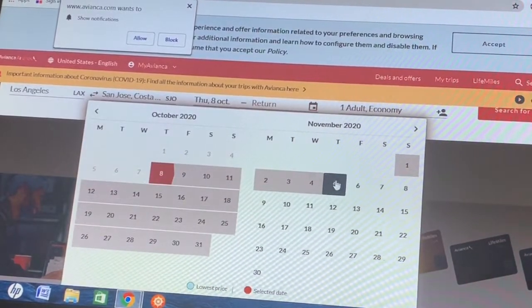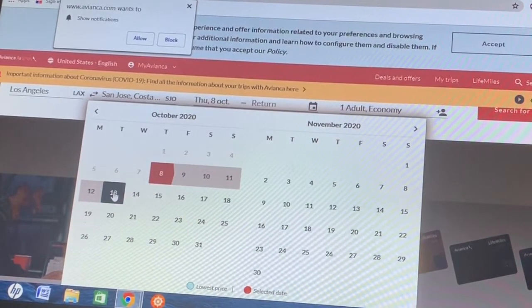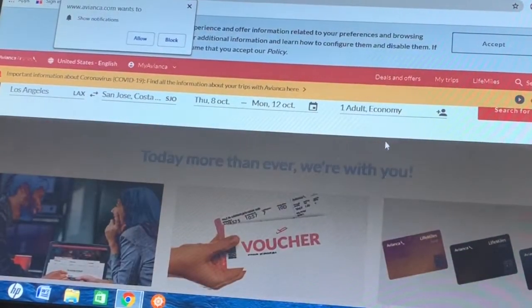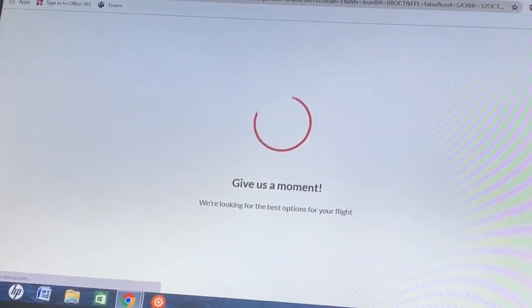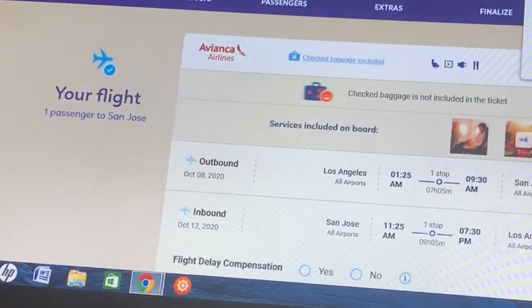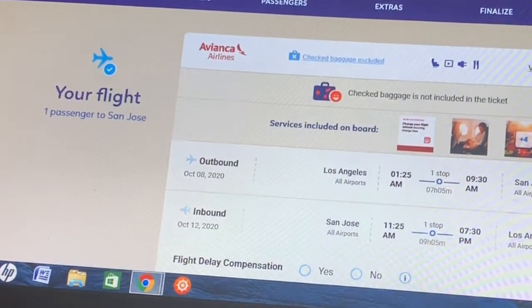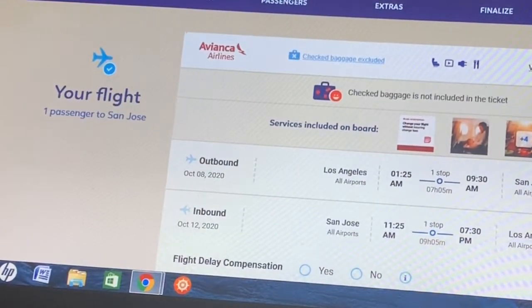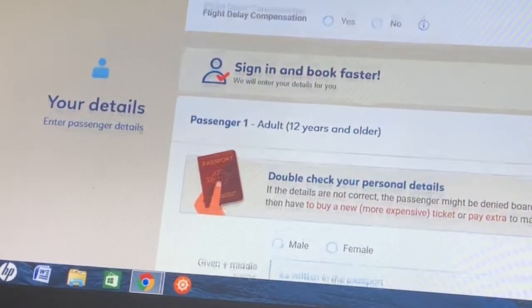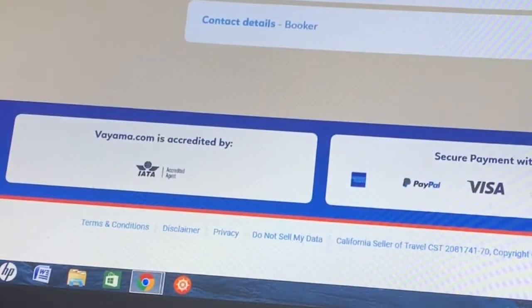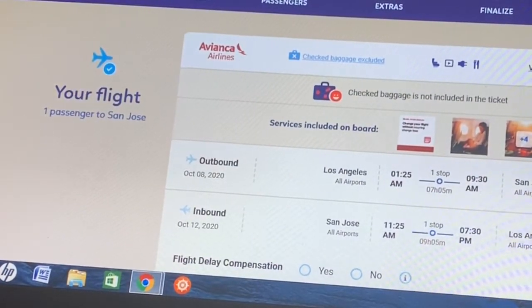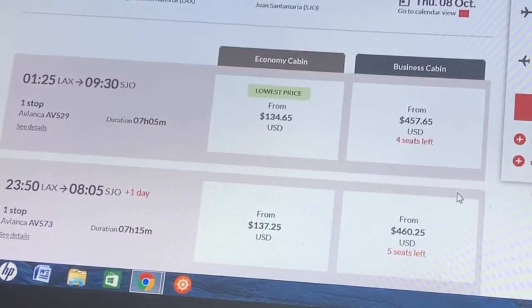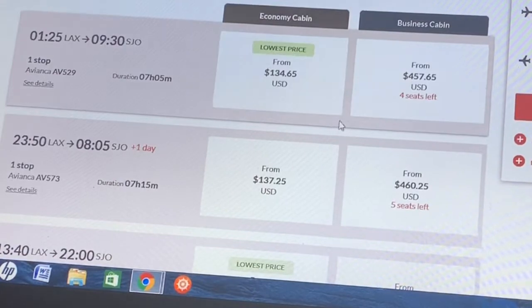the 8th to the 12th. Search for flight. And here you could check, it's loading. Got it. It's actually $279, so a little less. And then you just fill this out, put information, and you're good to go if that's how you want to book it. But if you're just on the search one, we're gonna check here, and there's one for $134.